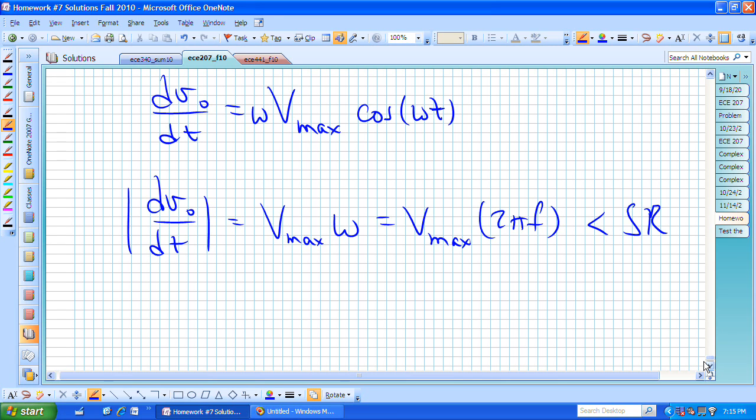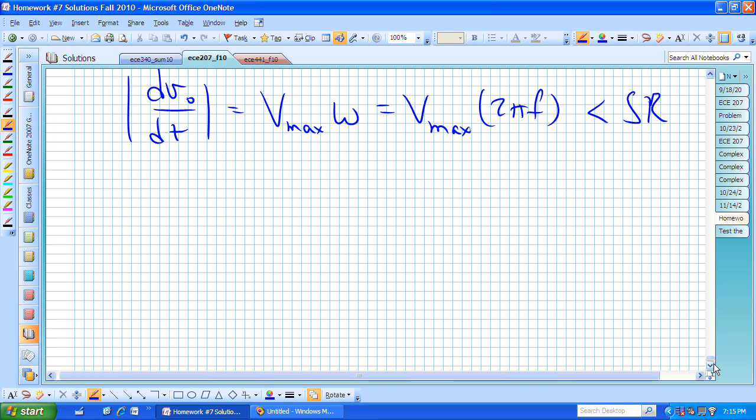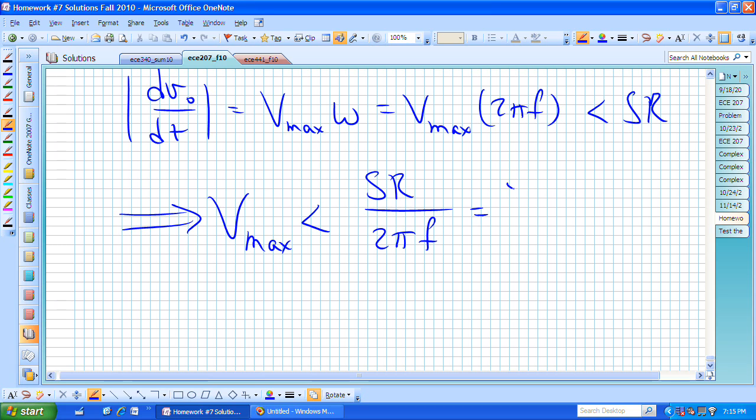We can now solve this, instead of in equation 36 where we solved it for the frequency for our full power, for our maximum voltage. If we do that, our maximum voltage is going to be the slew rate value divided by 2 pi f. If we plug in what we know for this particular example, we have 5 times 10 to the 6 for our slew rate, volts per second. We have 2 pi, and we're asked to put in a 1 megahertz frequency. That's 10 to the 6. Conveniently enough, these 10 to the 6's cancel,